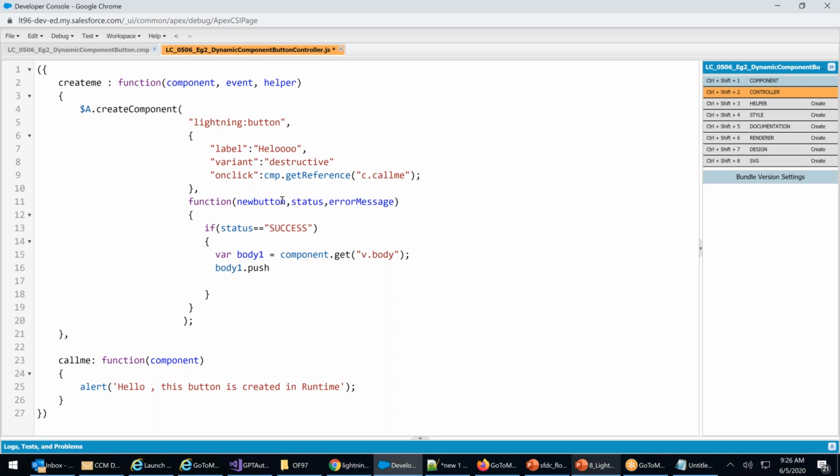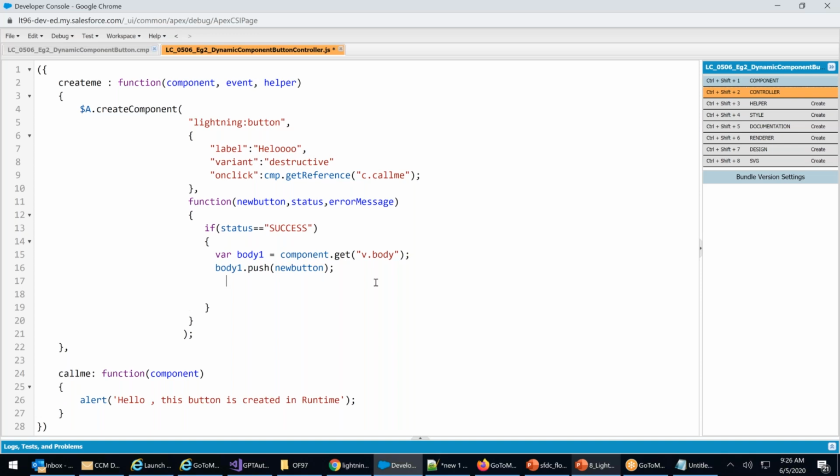I'm giving a name to this called new button. Component dot get v dot body push what? Body dot push new button. This new button, whatever you are creating, I'm giving a name and pushing it to the body. Body one is nothing but body.